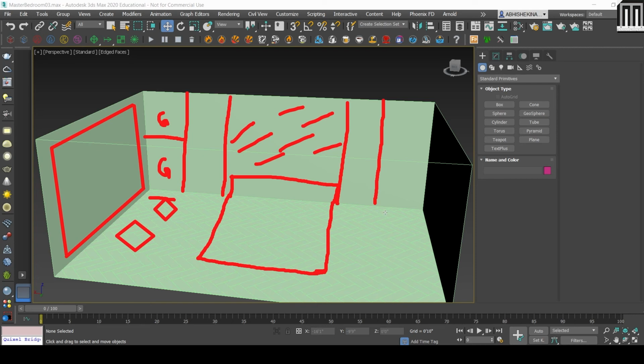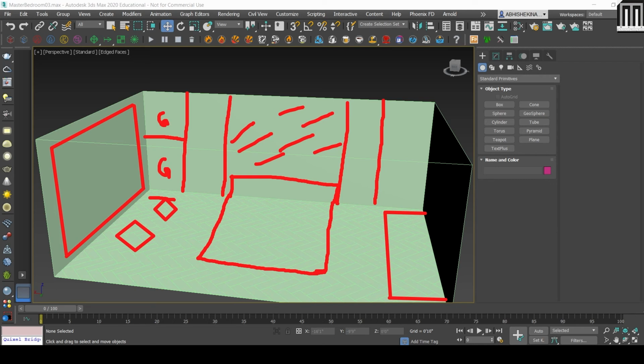Whenever you are working in 3D, try to visualize or take a reference. That's the best option. Try to draw it on paper or on the screen if you can, so you will have a very good idea of what we are going to do.